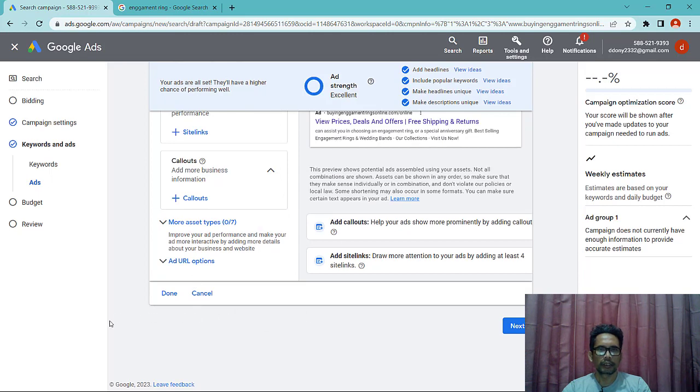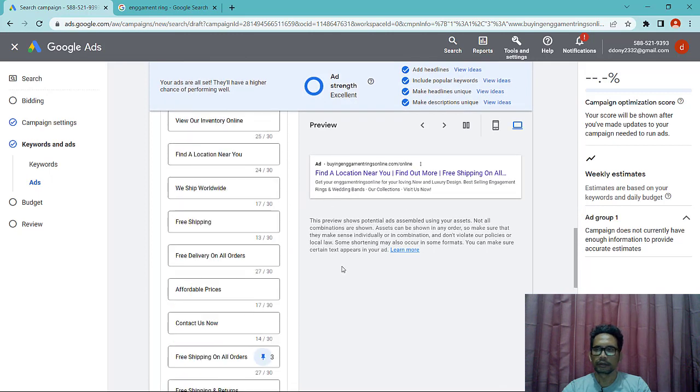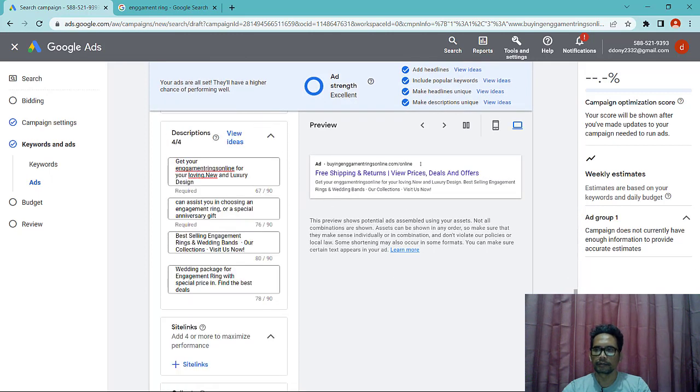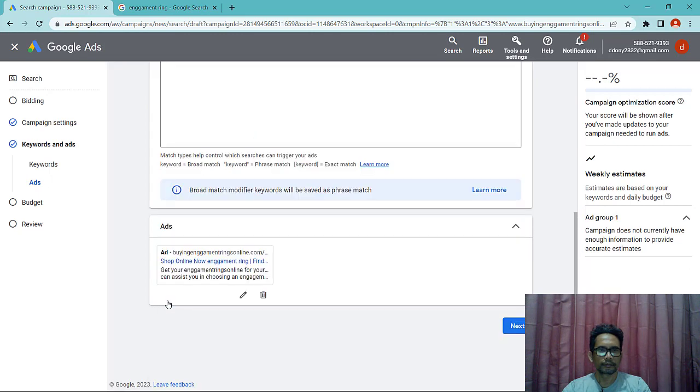now you can click done to finish your ads, and click next.